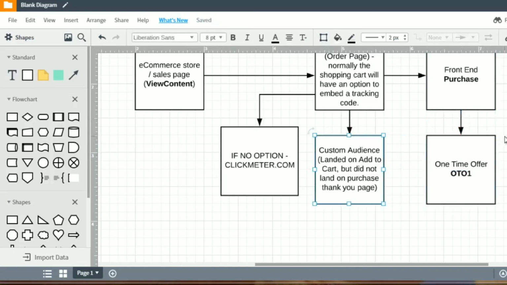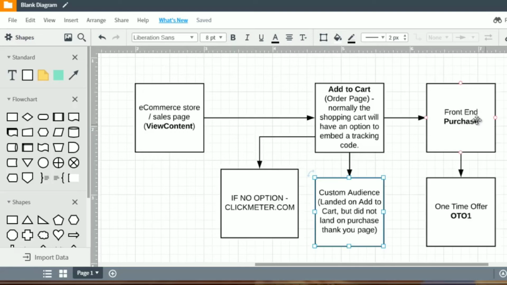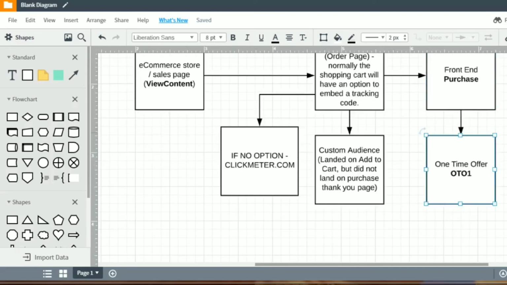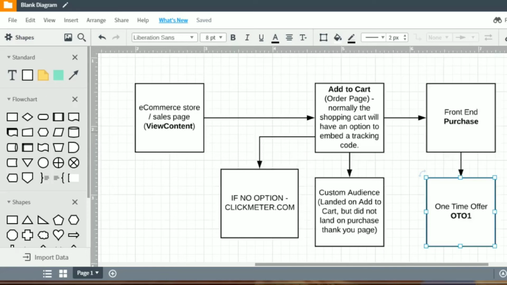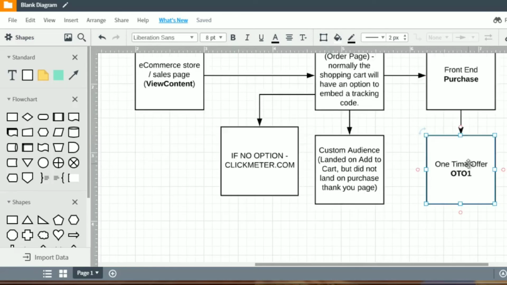And maybe we want to figure out, okay, how many people purchase the front end offer, but they don't purchase the one-time offer. So if they made a purchase of the front end offer, which is the offer that they're aware of, the one-time offer is basically an offer that they are not aware of, but it's a really good deal that they're going to want to take up because they're going to save a lot of money. So this is the one-time offer, and you can add one-time offer 2, one-time offer 3,